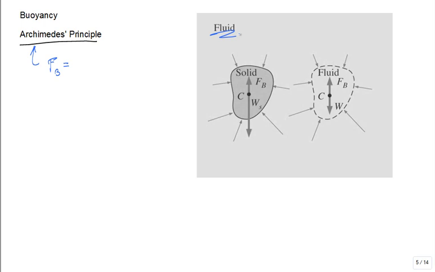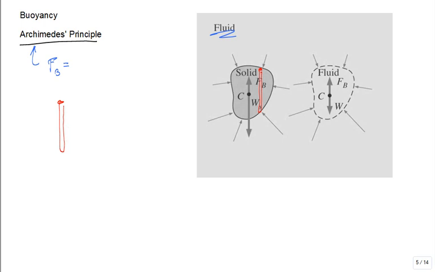Right? So let's go ahead and say, how do we derive this almost miraculous result? Well, take any solid, and think of breaking it into itty-bitty little pencil-thin or even smaller than pencil-thin cylinders. And that whole chunk of solid can be summed up by all these little pencil-thin cylinders, true? So if I can work it out for one little pencil-thin cylinder, then I can work it out by summing them all up. So if I look at a pencil-thin cylinder, okay, and it's in a fluid at rest,